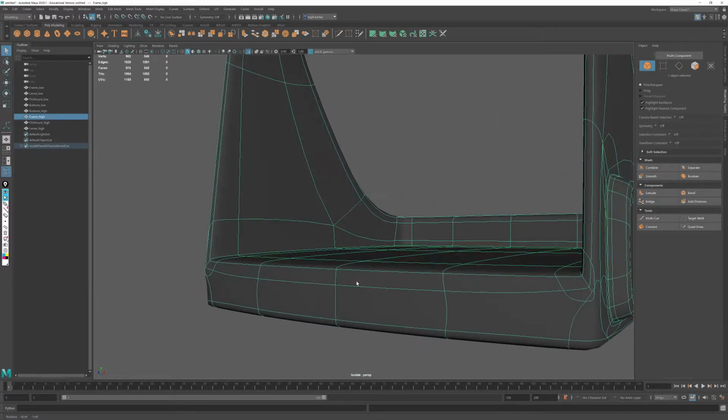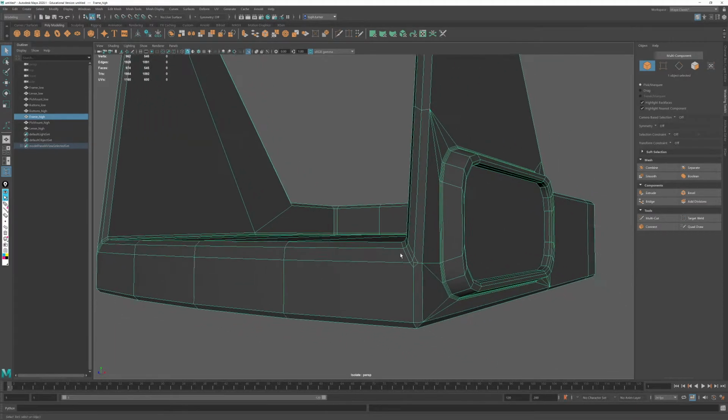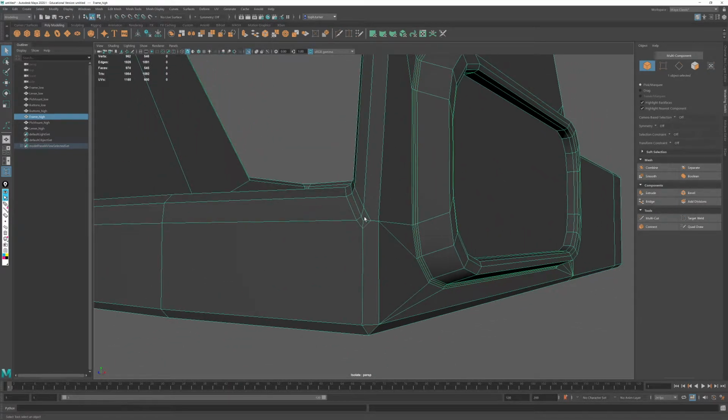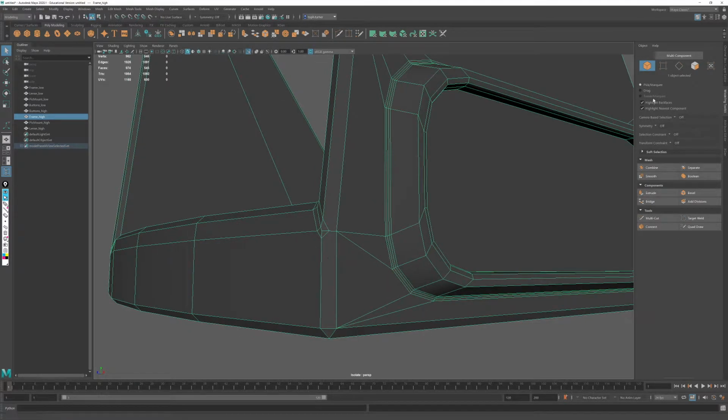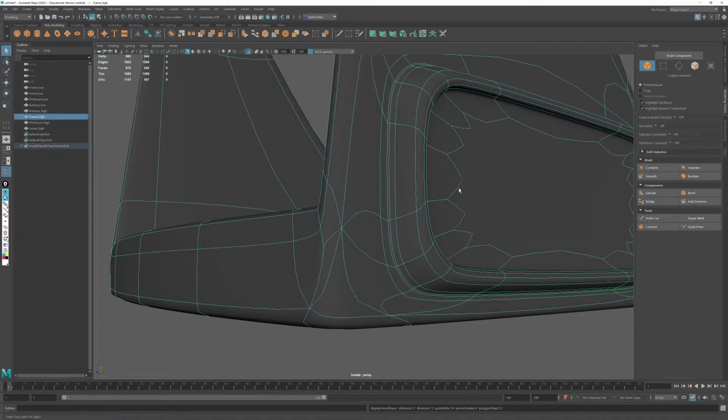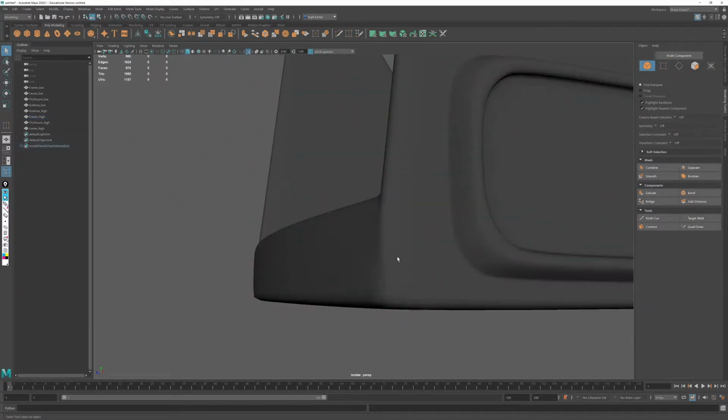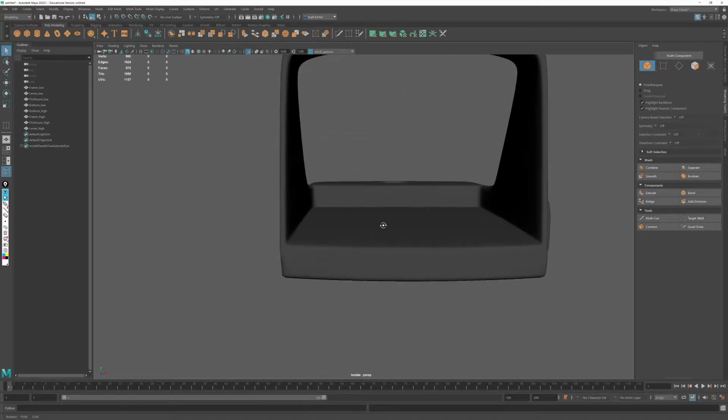If I really wanted to, I'm going to hit 1 on my keyboard here and try and figure out why this was pinching. And you can see exactly why it's pinching is that that bevel didn't continue. So we're going to go into target weld, and I'll just bring these guys down like this and see if that helped it in any way. We'll deselect, and indeed, that corner now looks better